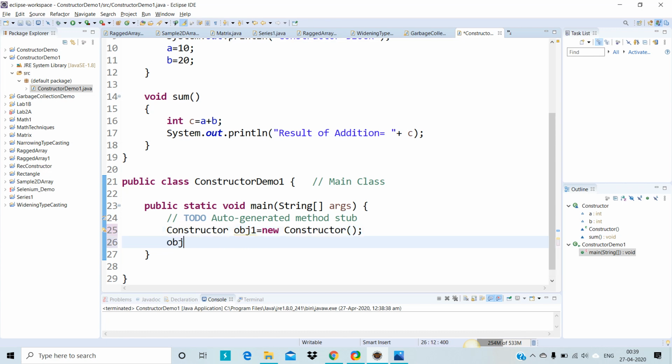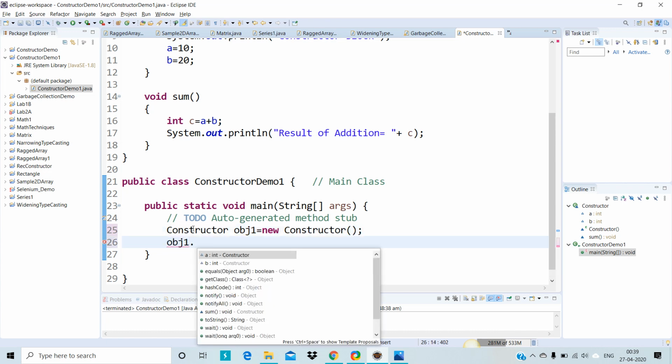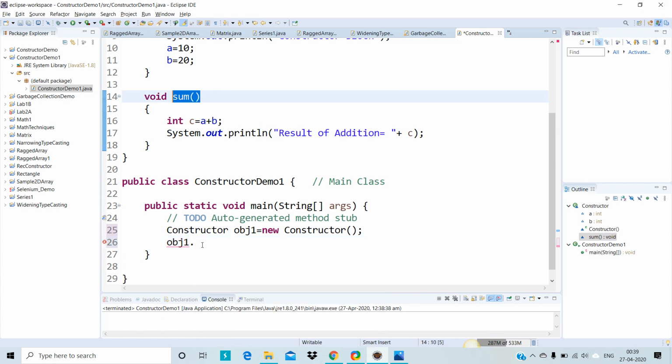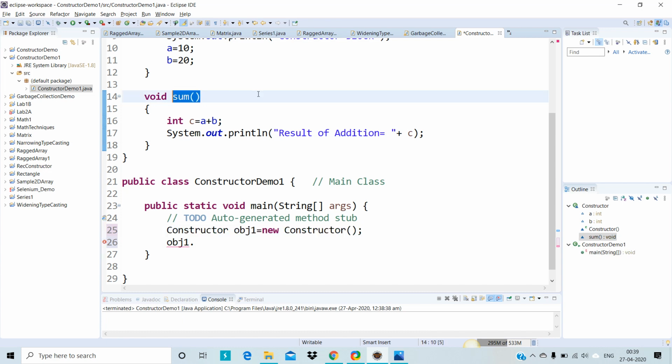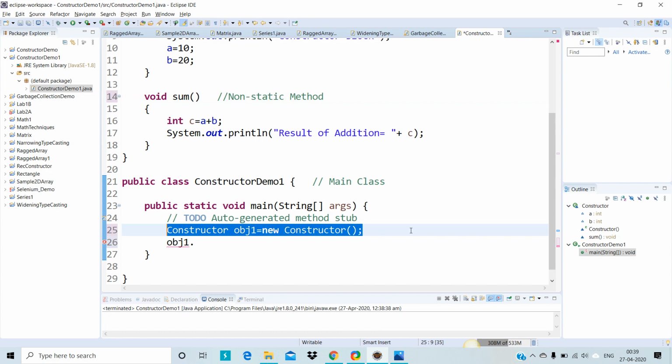Using this object obj1 I can access the method sum. Why am I creating the object? Because sum is a non-static method, and to access a non-static method you have to create the object.